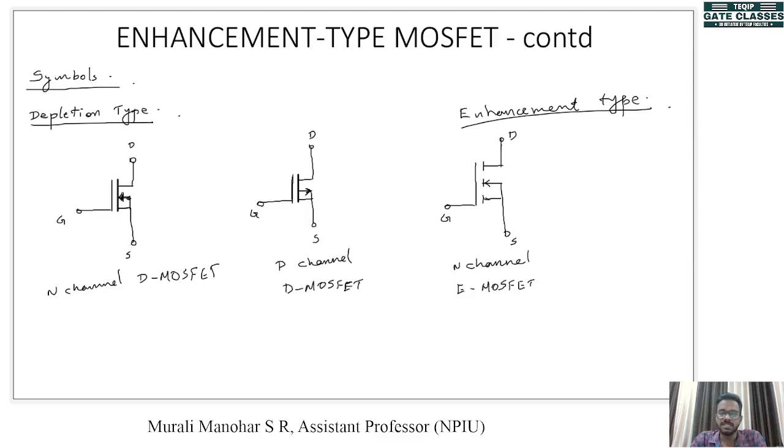They follow the same biasing circuits as the JFET. So you can solve any question concerning that with whatever we have discussed in JFET. The difference here is that in depletion type MOSFET, the equations we use for finding out current are the same as in JFET, that is, it is Shockley's equation. The only thing you have to take care of is that in enhancement type MOSFET, the equation is different. ID is given by some K into VGS minus VT the whole square. Okay, so keep that in mind.